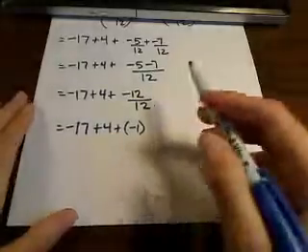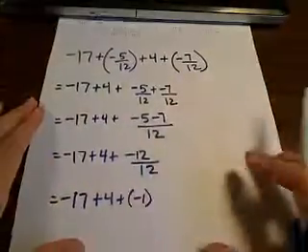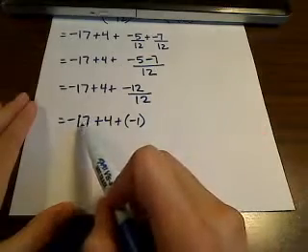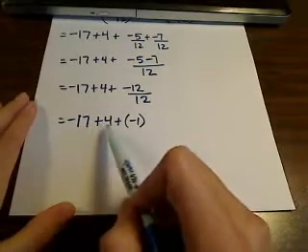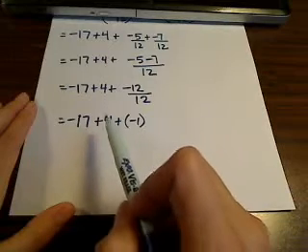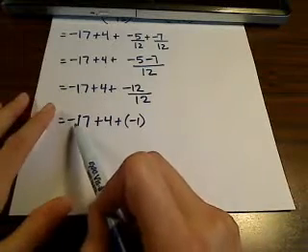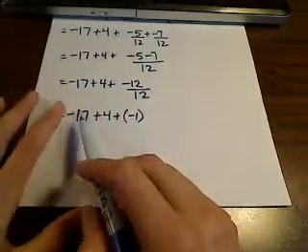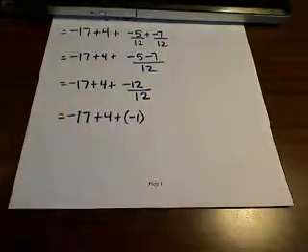And then at this point you've dealt with the fractions so that you can just add in order from left to right. So if I have a negative 17 and a positive 4, they're different in sign. So what I'm going to do is I'm going to subtract, and I'm going to keep the sign of the larger number if I disregarded sign. So if I took a look at just the number 17 and then number 4,